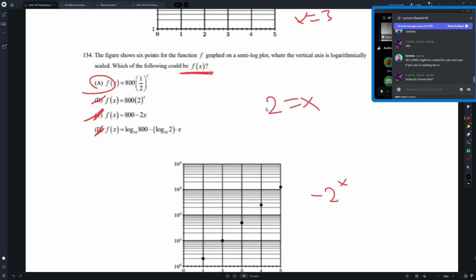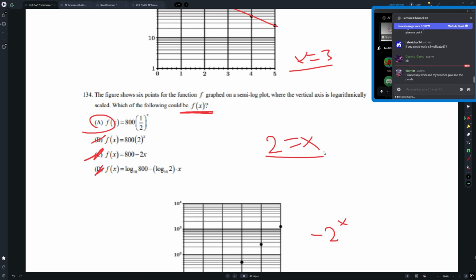My teacher told me, and she said she graded like 6,000 FRQ2s, and all 3 versions, like the international version and all those other versions. I don't know if the work is invalidated, but if you write the right answer somewhere else, then they won't give you the point for it. So for this example, if you wrote both of these answers,